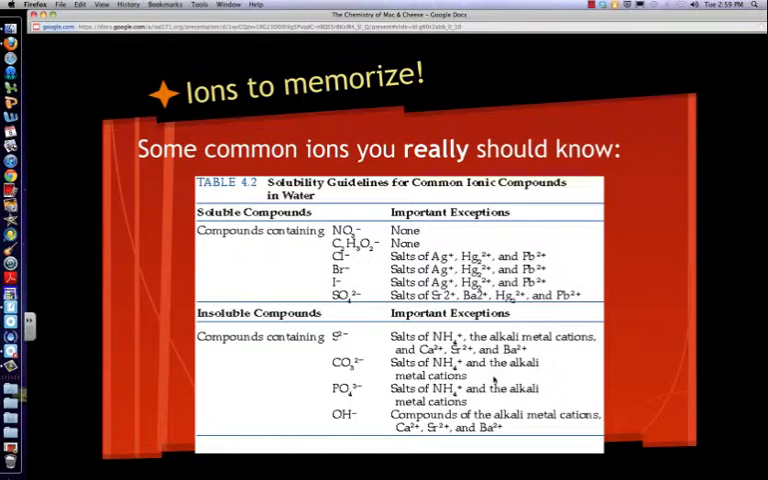And you'll notice in the beginning that salts containing silver, lead, and mercury are generally insoluble. Those are just some kind of janky transition metals, so that's something that you should just memorize. And then also, even though it says on the bottom that OH negative is soluble with heavy alkaline earth metals, which include calcium, strontium, and barium,